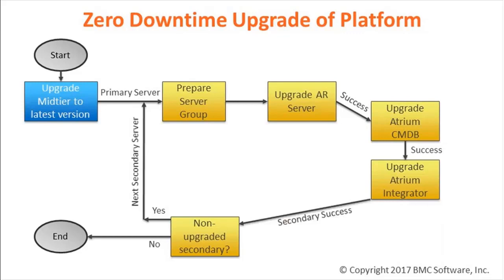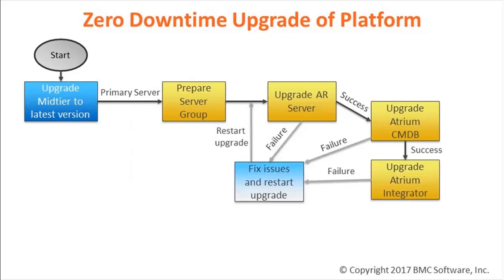When you're doing the secondary server, the process remains by and large the same, except that there are no DB changes that you'll add, and you'll continue with this cycle till the last secondary server is upgraded to the newer version. Now, one thing in the Zero Downtime Upgrade is, say you upgraded your AR and CMDB with Zero Downtime